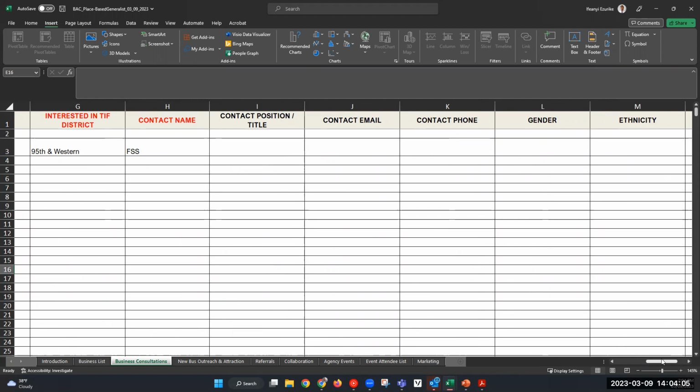If you have that information, great, please provide it. But unlike the font in red, those columns in black are not mandatory fields. Once again, the font in red is mandatory. Those are mandatory fields that must have data.